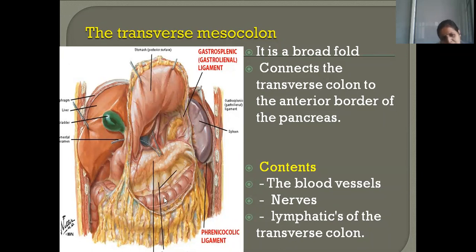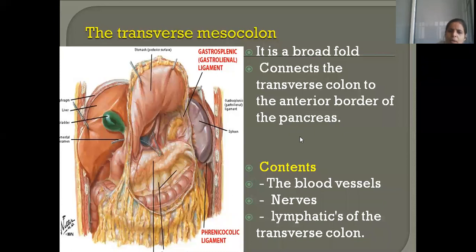Now, if you further see, once you have lifted the stomach, you are finding there is one organ here. This is actually the pancreas, which is found in the C fold of the duodenum. See, this is the pyloric part of the stomach, and this is actually the duodenum. Within the C fold of the duodenum, you are finding there is one organ. What is the name of this organ? Pancreas.